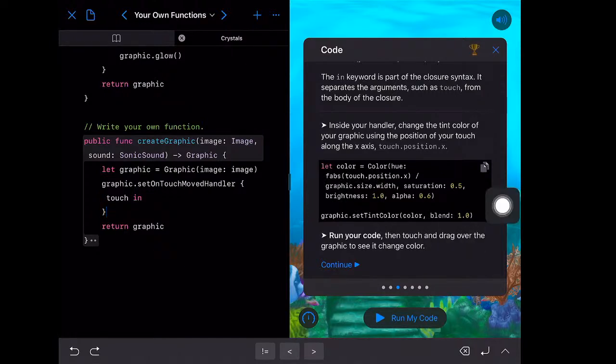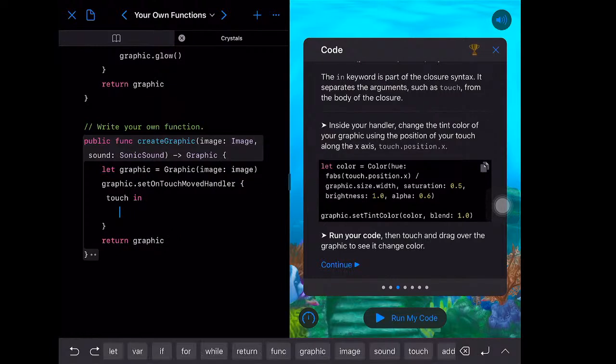Let's try it and see what it results in. So after the in, we hit return. And you can see Swift Playground indents for us a little bit, so we can kind of see visually that, okay, this code belongs inside this function because it's indented a little bit. So we'll do the same thing. We'll do let color